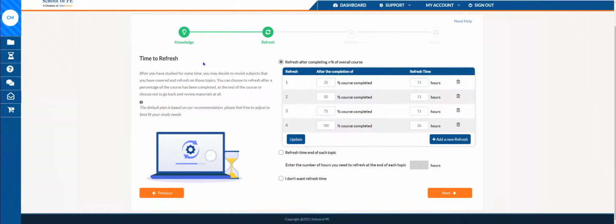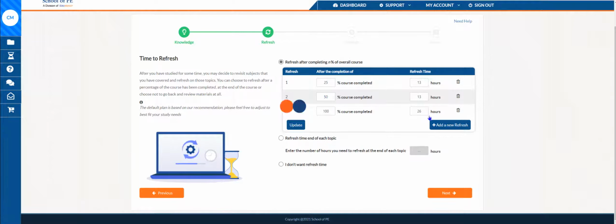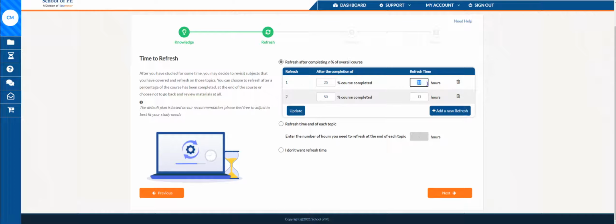And then you can add some refresh time. So maybe you want this to refresh at 25%, 50%, 75%. Basically every 25% you're going to want to do some refresher. You can change the number of hours. Let's say you don't think you need four refresher sessions, you can delete them. So let's leave two of them, and let's put in that after 25% we're going to put in 3 hours, and we're going to do 3 hours at 50%. You can check mark this to not add any refresh time, but let's leave it as it is. Once you select next,